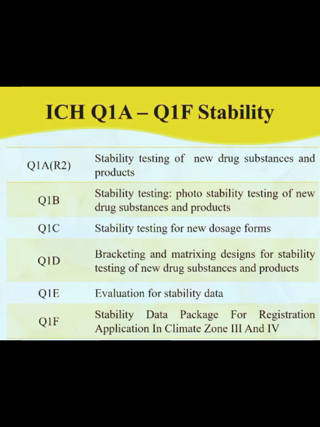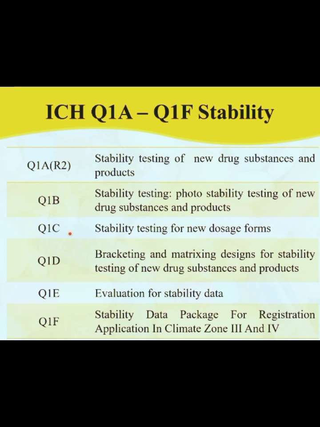So first of all, coming to stability guidelines, ICH Q1A to Q1F stability guidelines. The further sub-classification or subcategories are Q1A R2. R mainly indicates revision of the original guideline. So Q1A R2 deals with stability testing of new drug substances and products. Whereas Q1B deals with stability testing, especially photostability testing of new drug substances and products. Photostability studies or photostability testing is governed by